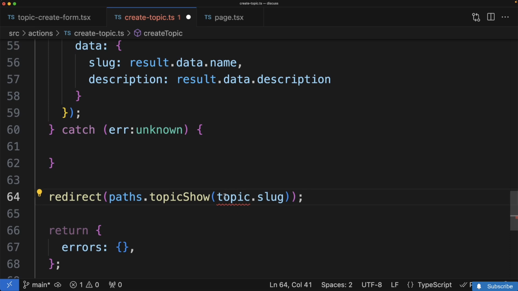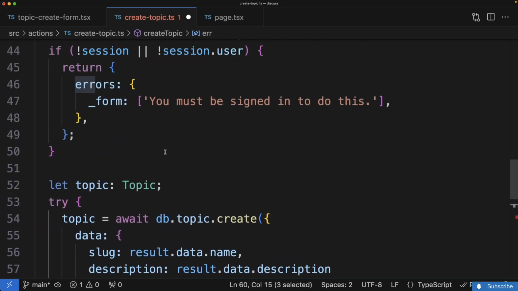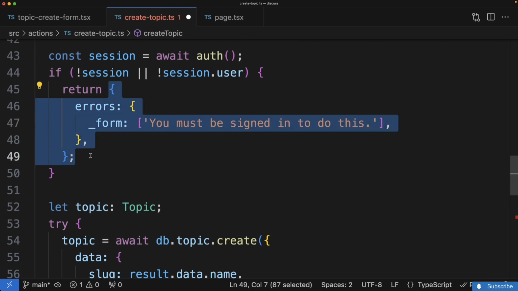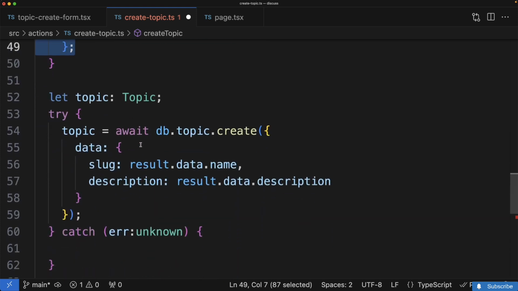And we are only getting an error right there because we have not added in any implementation for catch just yet. So let's take care of any errors that might occur. If any error does occur, we want to take the error's message and assign it to the underscore form property inside of this errors object, or really our form state. Remember, anything we put inside of that array and return is going to show up on the form. So that's a great place for us to tell the user, hey, sorry, but we failed to save your topic